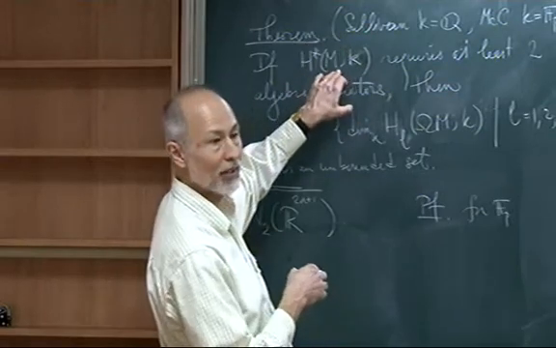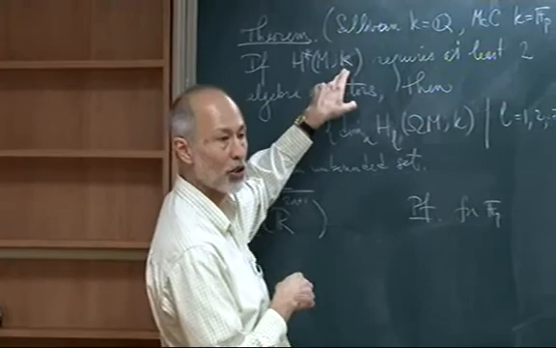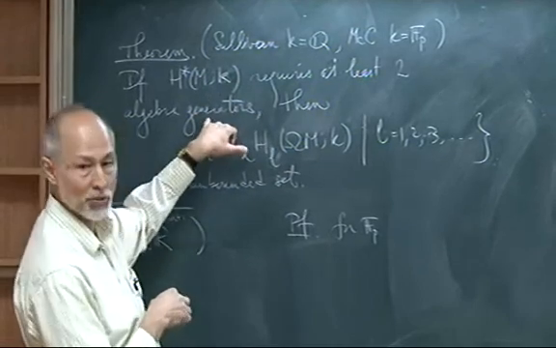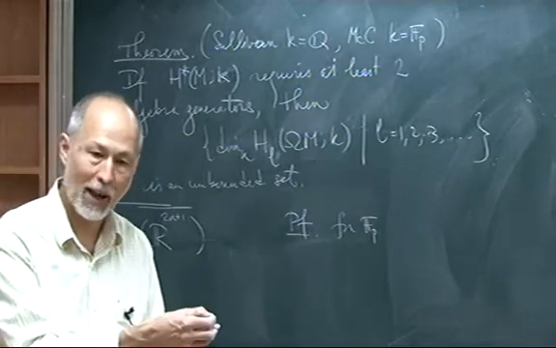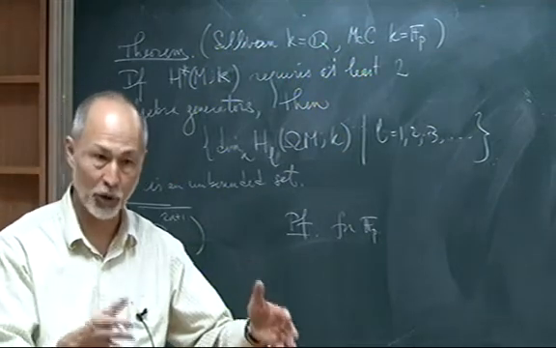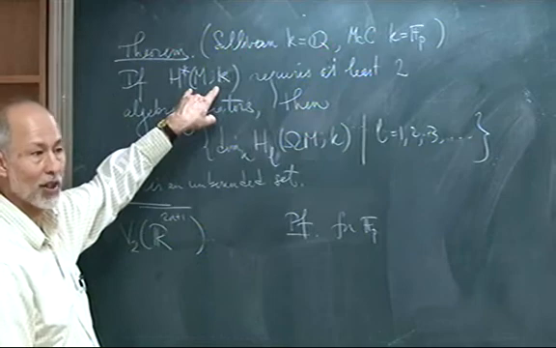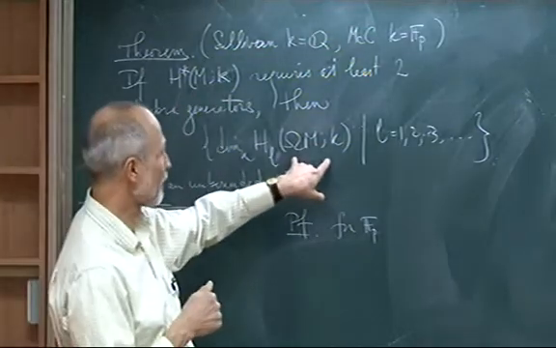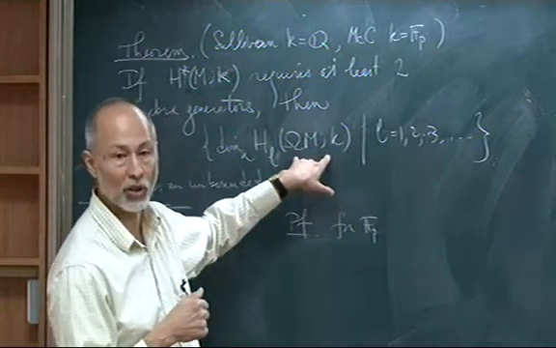Sullivan also showed that if this requires at least two algebra generators over Q, then it would be unbounded. So that must mean that this requires only one algebra generator. If mod p it requires two, then something has to happen in the Bockstein spectral sequence for those generators to go away, and only one of them to remain. So I know that the Bockstein spectral sequence on this has a non-trivial